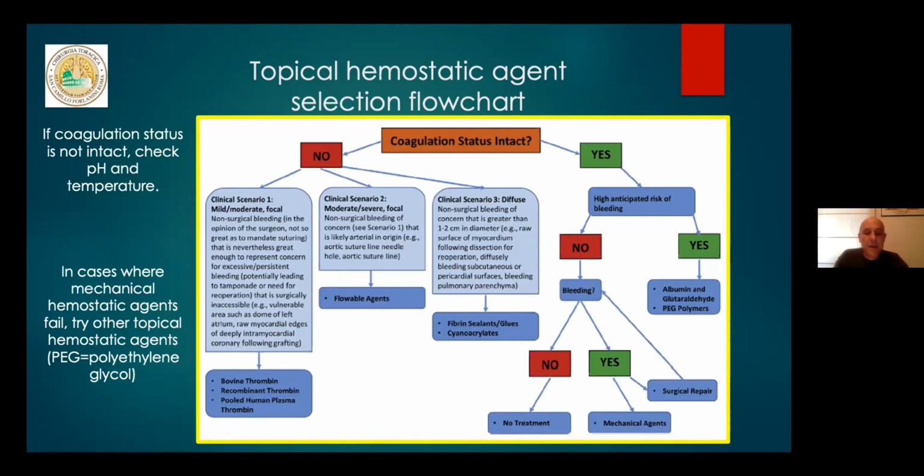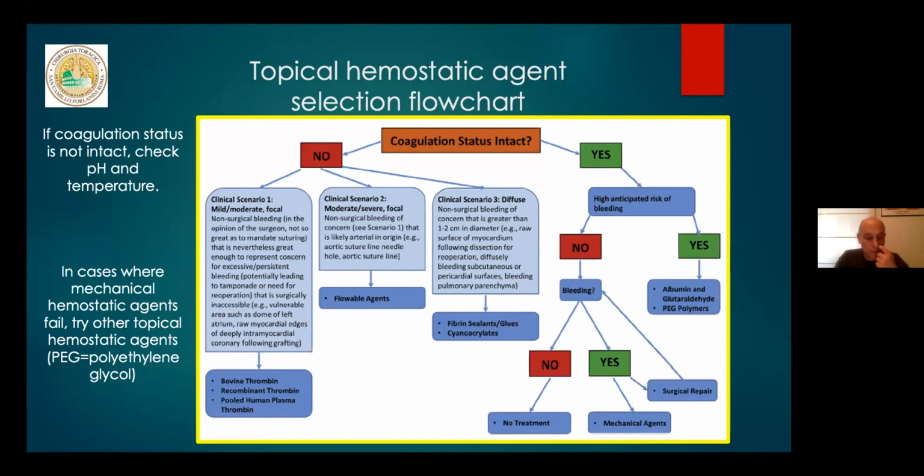If it's yes, but we have a high anticipated risk of bleeding, it's reasonable to apply synthetic sealants to anastomotic and sutural sites, like albumin and glutaraldehyde and PEG polymers. If we do not think there will be a risk of bleeding, but finally there is bleeding, we can use mechanical agents. In case of patients with coagulopathies or under anticoagulation therapy, the experts propose 3 scenarios,